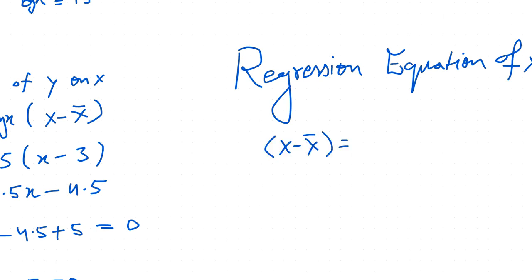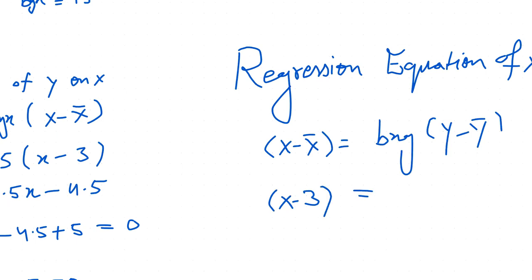So X minus X bar, which is 3, is equal to BXY, which is 0.67, into Y minus Y bar, which is 5. So X minus 3 is equal to 0.67 Y minus